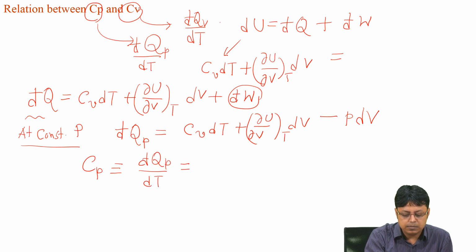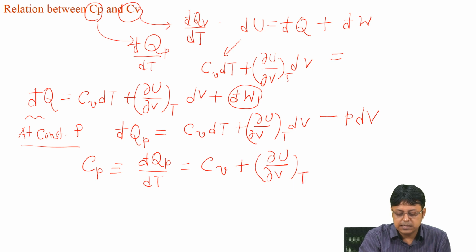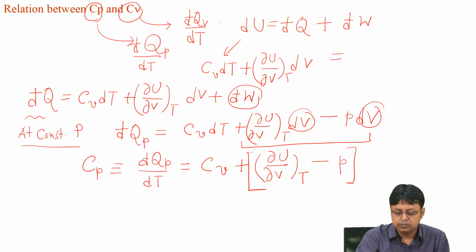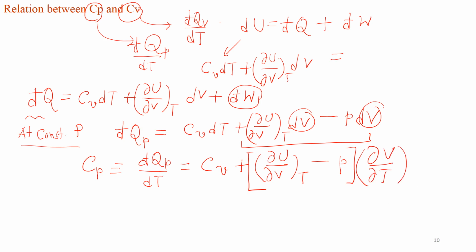So the right hand side becomes Cv plus (∂U/∂V)_T. Remember we are dividing by dT both sides. So before that we can take the dV factor common and write it as this, and since we divided both sides by dT at constant pressure, we can write that Cp is nothing but equal to Cv plus [(∂U/∂V)_T minus P] into (∂V/∂T)_P. Let me rewrite it once again,